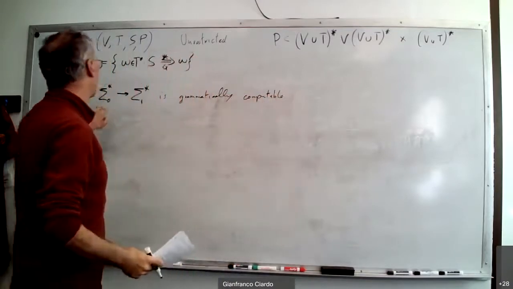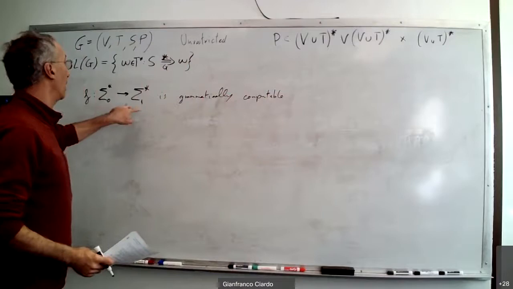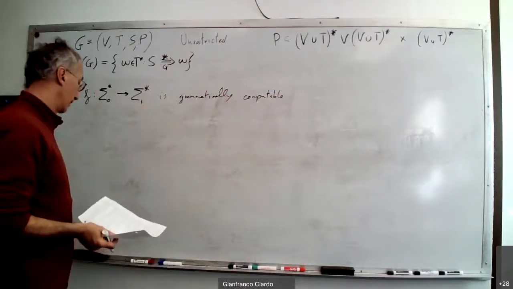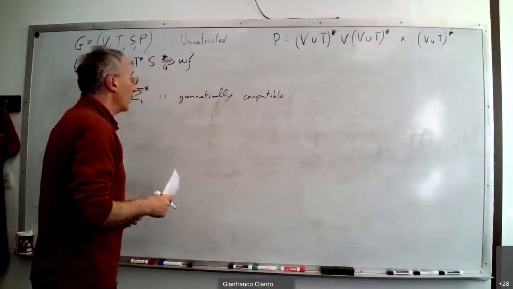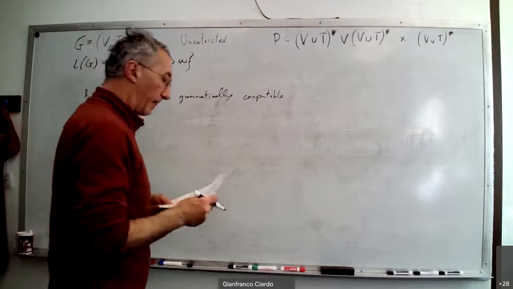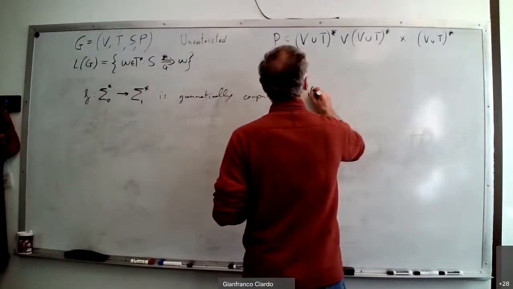So you give me a string over sigma 0 in input, and I give you a string over sigma 1 in output. Okay? So this function is grammatically computable if and only if